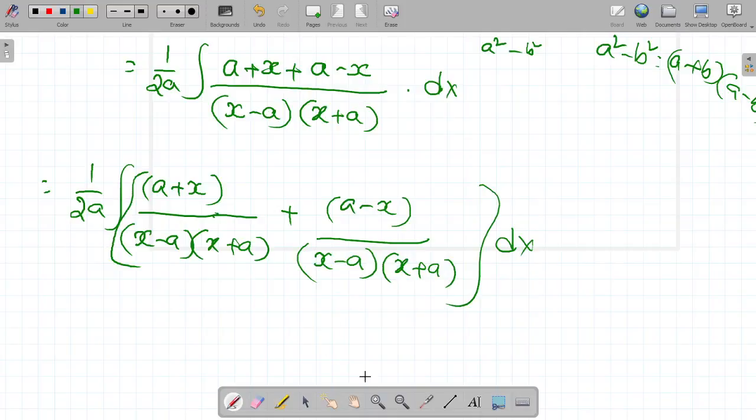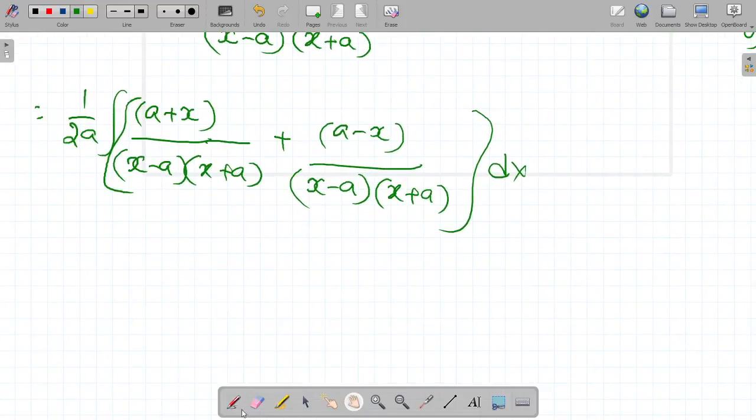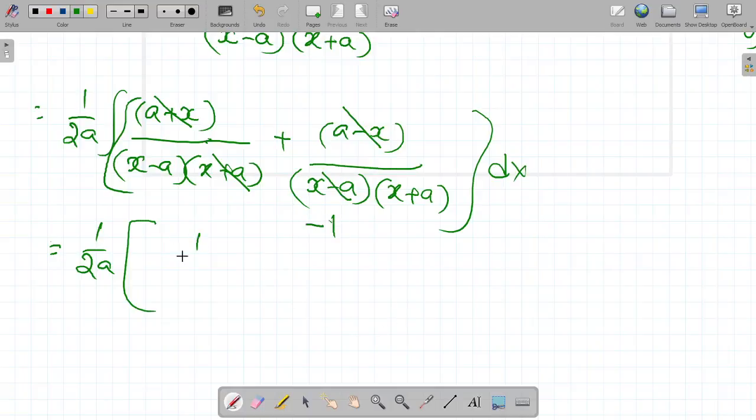Okay, so it is equal to 1 by 2a. Here a plus x cancels, and a minus x cancels in x minus a, giving minus 1 times. So 1 by x minus a plus minus 1 by x plus a